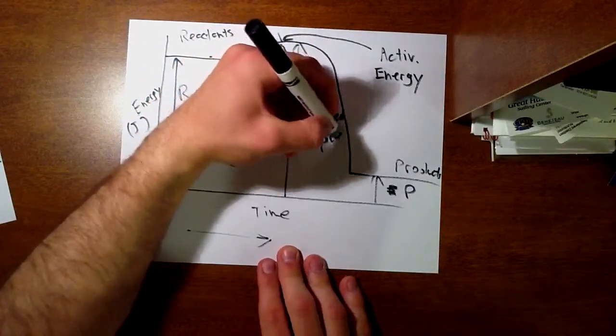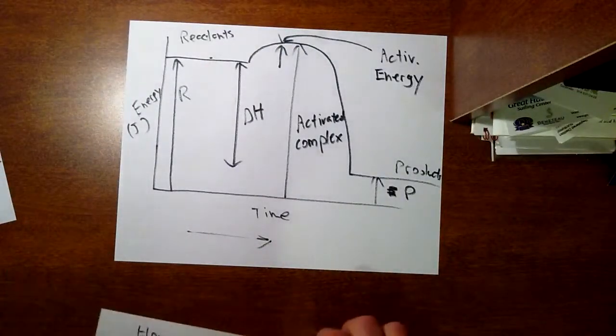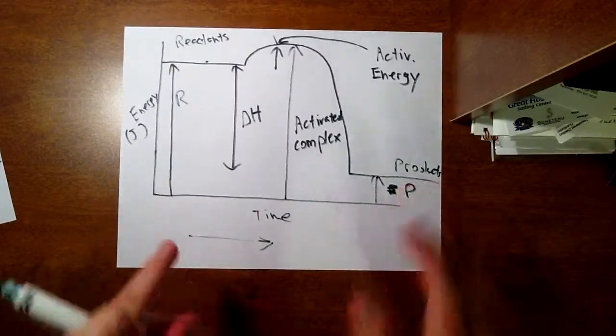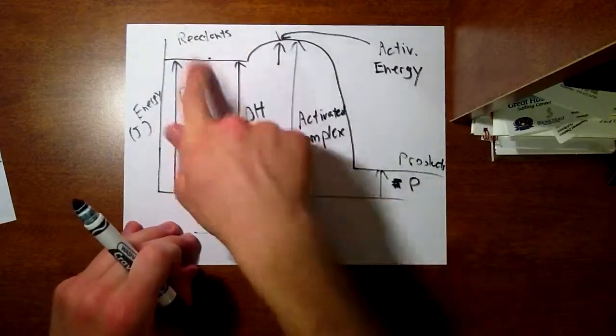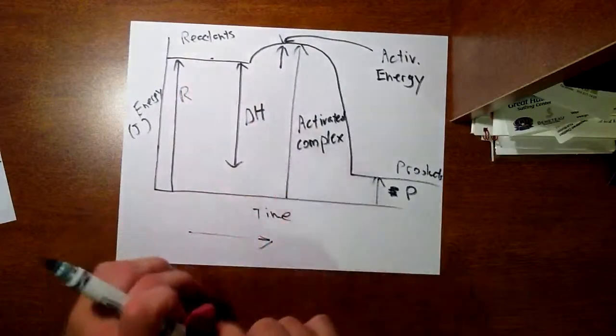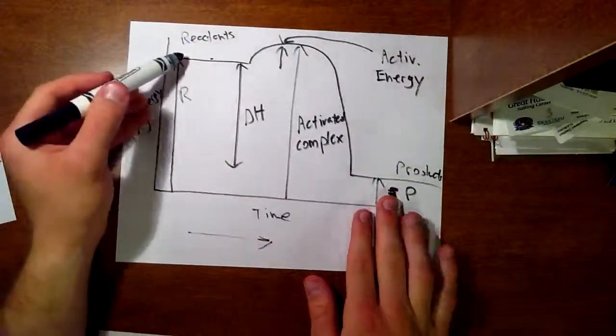Another important thing to understand with these reactions is they're reversible, which means that if I take this chart and I invert it or mirror it, and I'm going to be starting with the products, moving to the reactants, it's going to be an endothermic, because notice how the products are now lower than the reactants. So